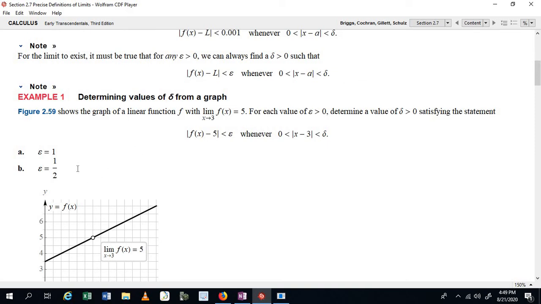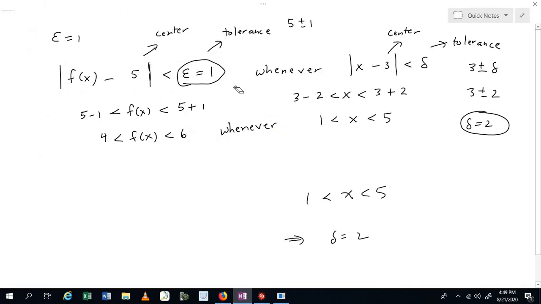Okay, so let's keep doing this just to get practice. Let's try it for epsilon equal to a half. If epsilon were 1/2, let's try to find the corresponding delta that would make this statement true. So I'm going to go back to here, and let's change this epsilon to 1/2. That means